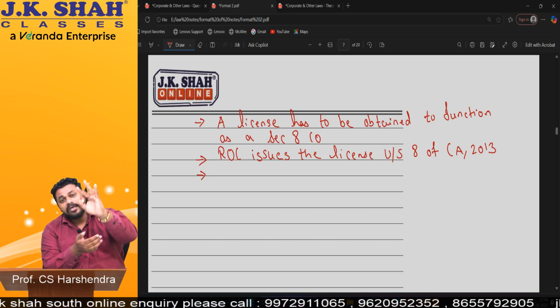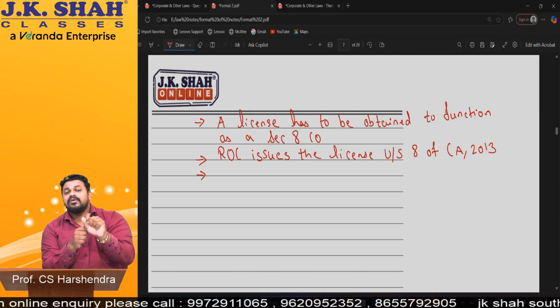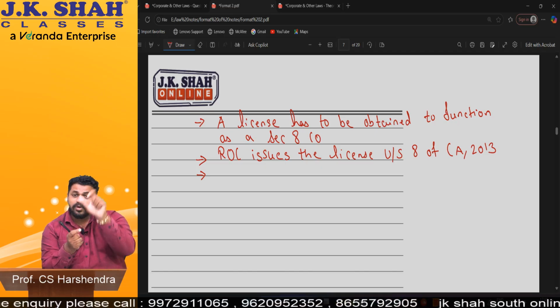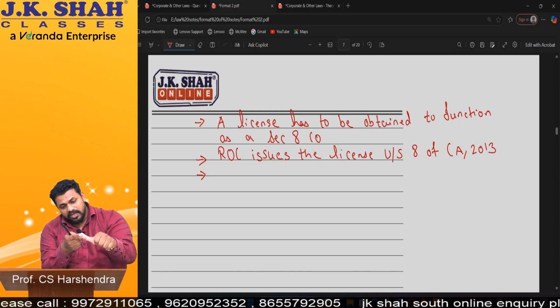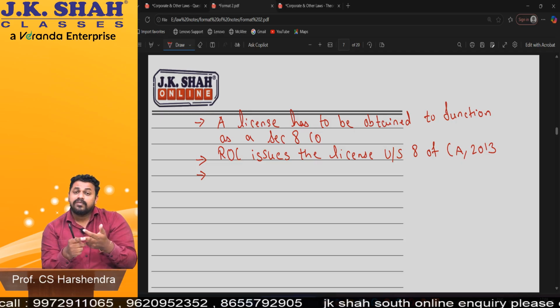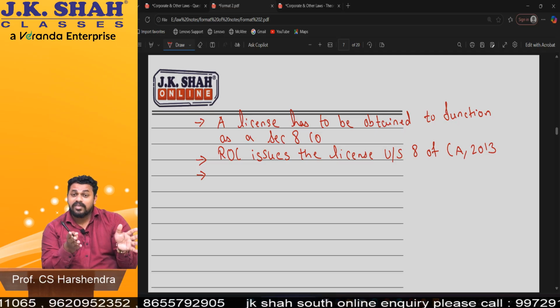These are the 3 pillars on the basis of which the license will be issued to you. First, the main objects of the company. You have to write: should it be profit based or non-profit? Non-profit. Should it be social welfare, charity, promotion of arts, commerce, science, religion, environment protection, sports development.